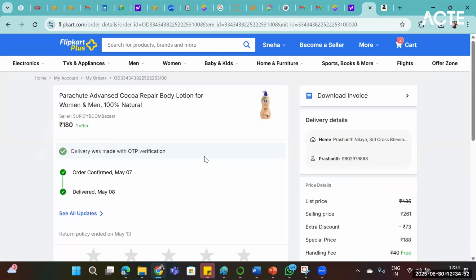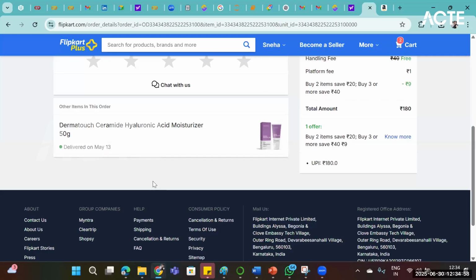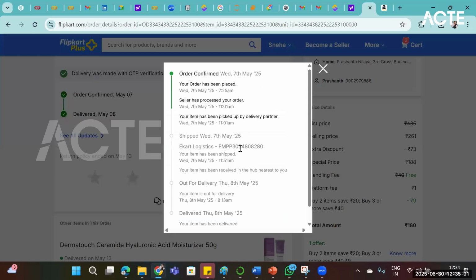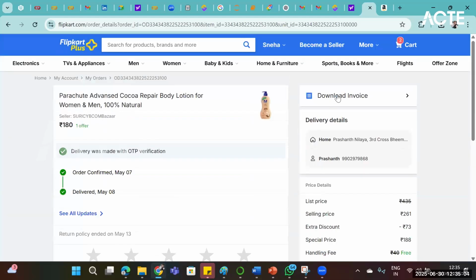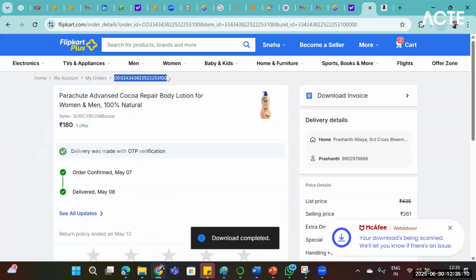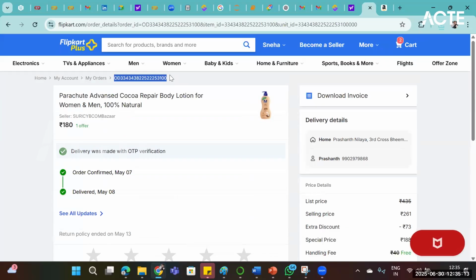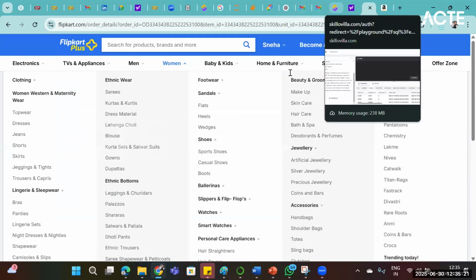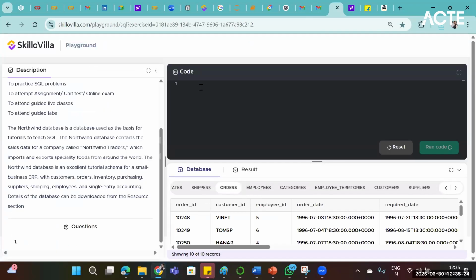If I go here, as you can see, this is my order ID. There is a unique order ID for each order, right? So this would be my primary key in this table. I can refer to this. So for example, select everything from orders